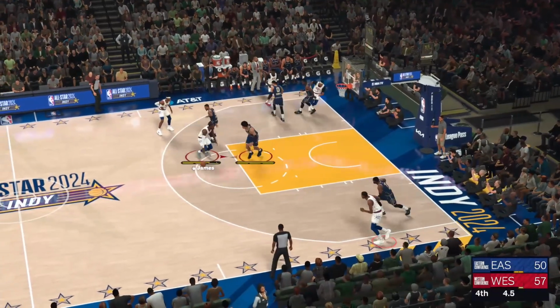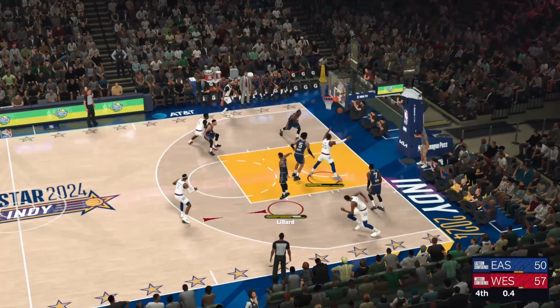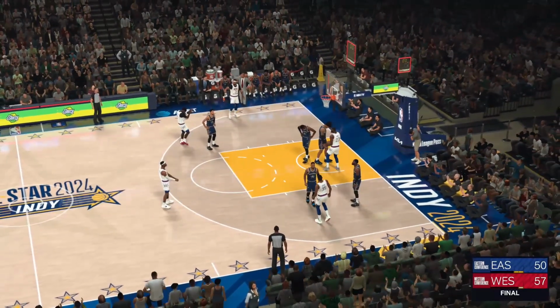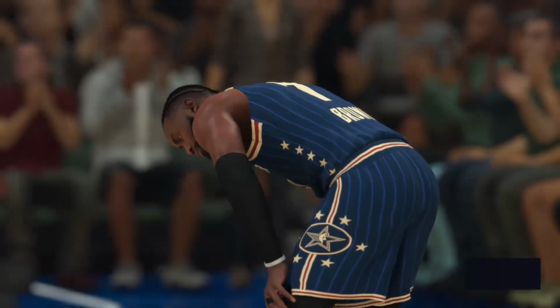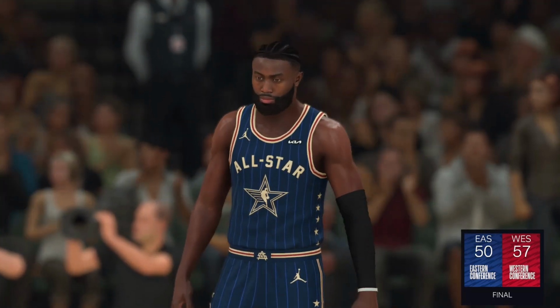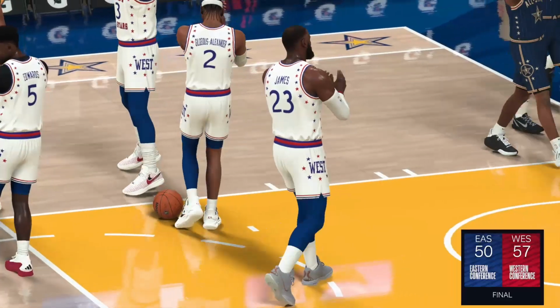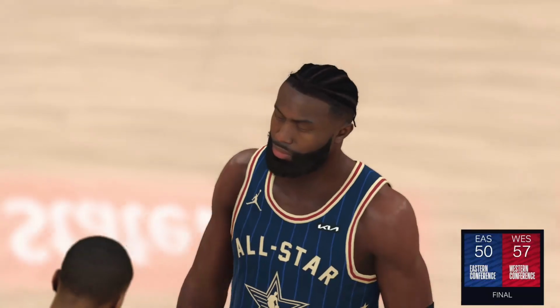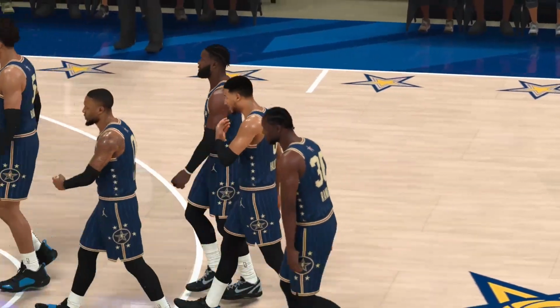Edwards kicks to James. So it's the West All-Stars picking up the win. They didn't make it easy on themselves or their fans, but in the end, everyone's satisfied. I mean, there were some times that momentum shifted, especially early on, but let's give this group a lot of credit for that stick-to-itiveness in terms of finishing out.